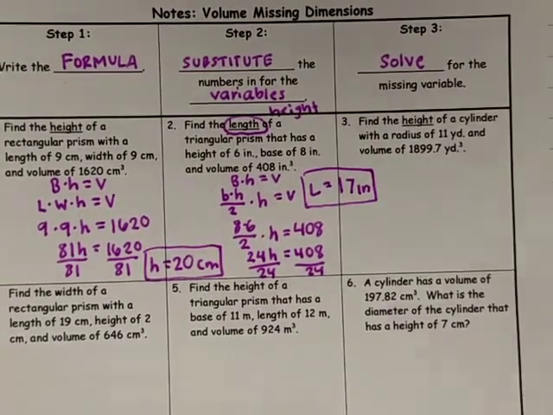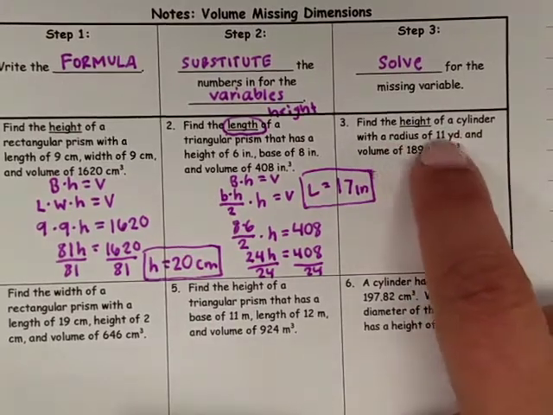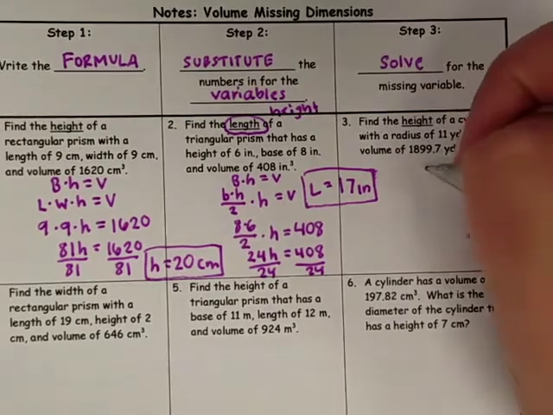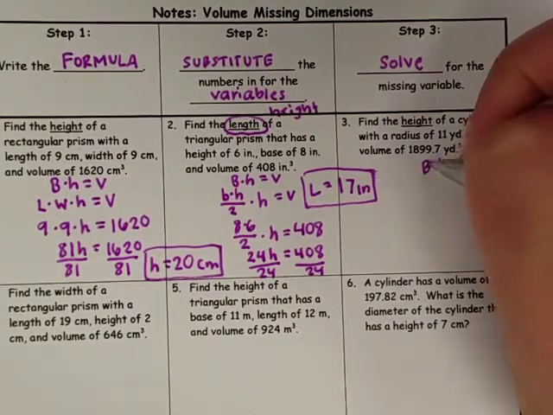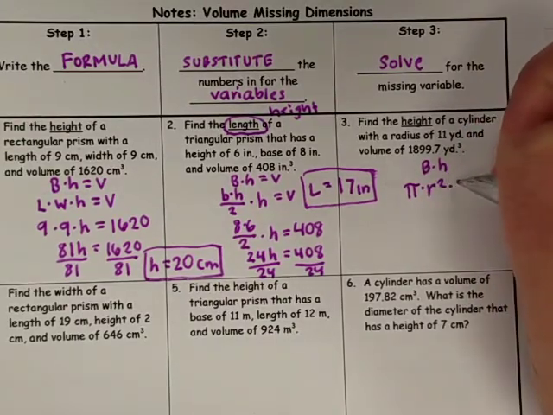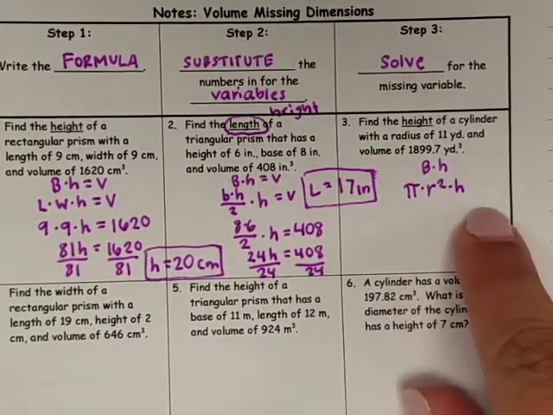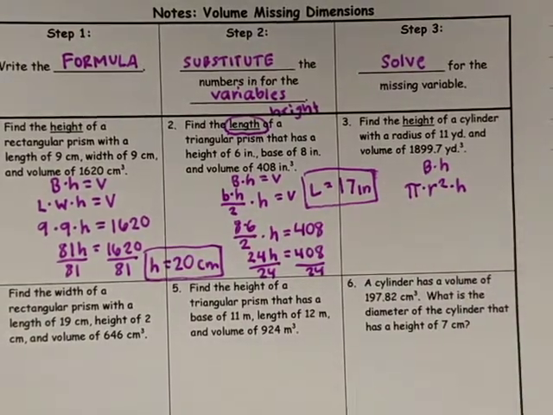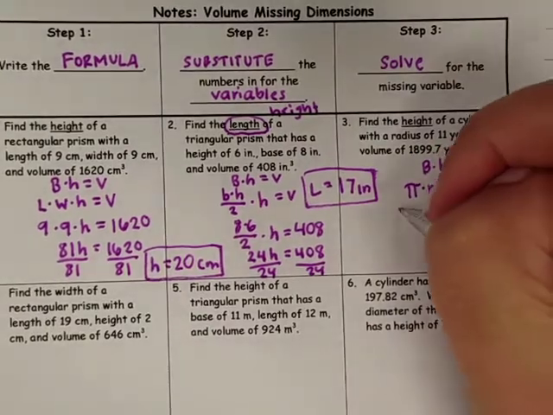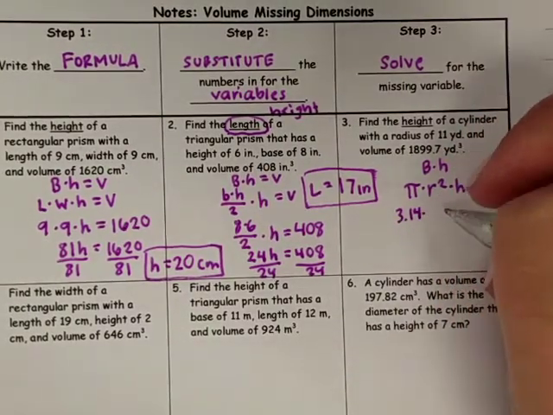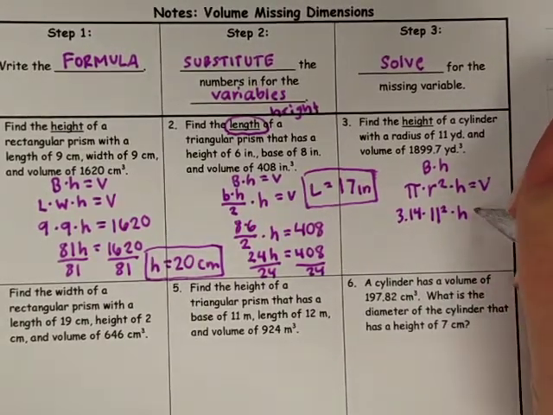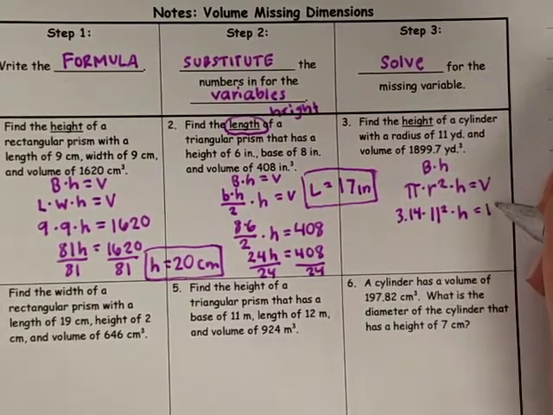All right, and then number 3, find the height of a cylinder with a radius of 11 and a volume of 1,899.7 yards. So we know that it's base times height. The base is the circle, which is pi times radius squared, and then times the height of the cylinder. So there's my formula for volume of a cylinder. Now I'm going to fill in all of my information. Pi, we're going to use 3.14. Radius, we're going to plug in 11. And height, I just don't know. But my volume, all of that multiplies to be